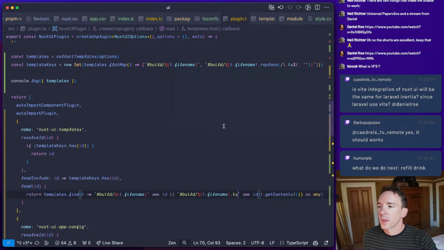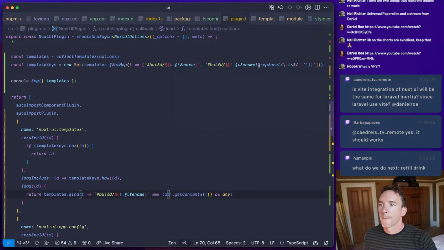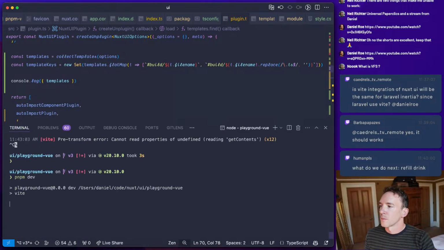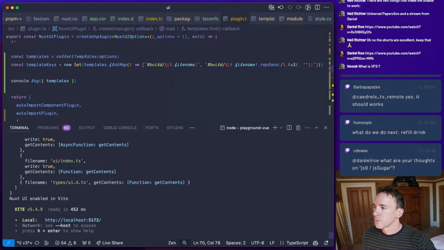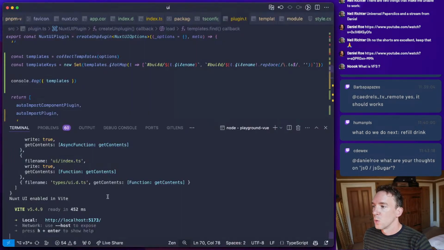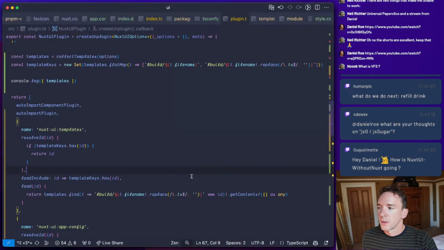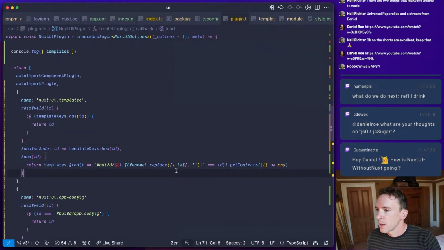Other way around. Oh, interesting. Okay, so some stuff is loading, other stuff is not. That's weird. It's going better than maybe you might think.